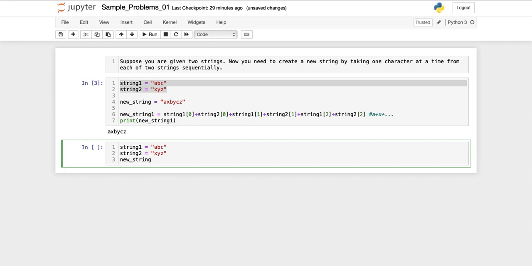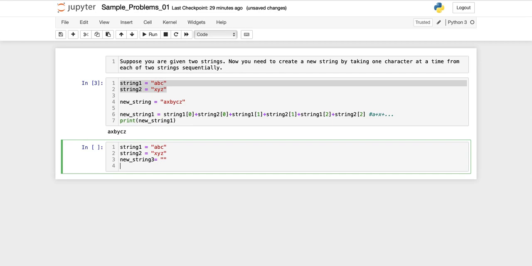As we have been told to create a new string, I have taken a variable new string and set it to an empty string. So how do we solve this? Just for i in range